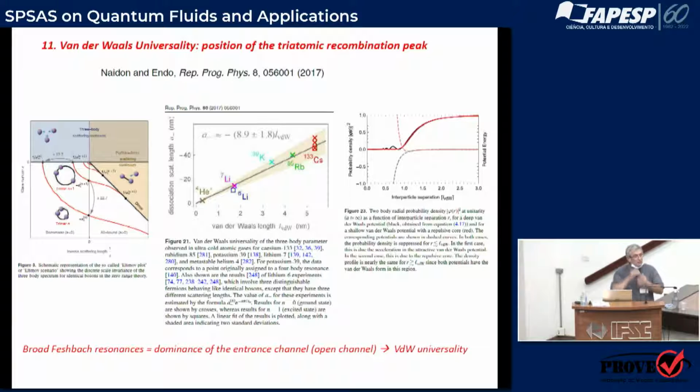Remember that in Feshbach resonance, you have a closed and an open channel. In the open channel, essentially, the interaction is through van der Waals forces. And then what the people observed? This is where the states cross, remember the three-body resonant recombination, where you lose the atoms. You see there are distant peaks, this is for identical atoms, that is the case here,